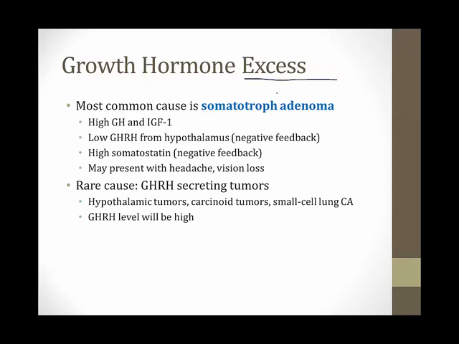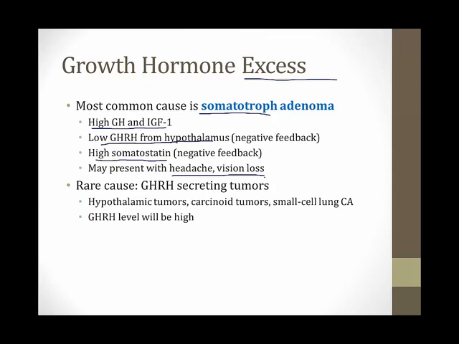Growth hormone excess is most commonly caused by a pituitary adenoma of the somatotrophs that produce growth hormone. This will lead to a high level of growth hormone and IGF-1. The level of GHRH coming from the hypothalamus will be low. The hypothalamus is trying to shut down production of growth hormone, but the adenoma is not responding. In addition, the somatostatin coming from the hypothalamus will also be high, trying to shut down production of growth hormone. And this can present with headache and vision loss, many of those symptoms we described before from enlargement of the